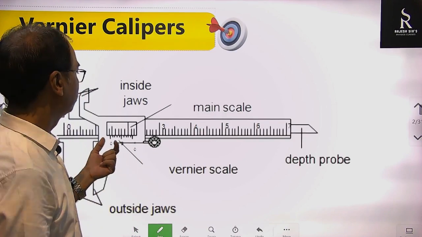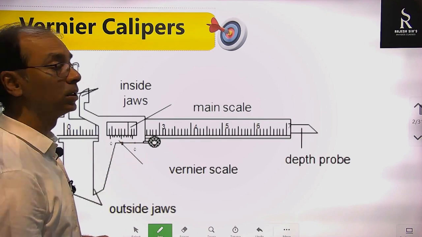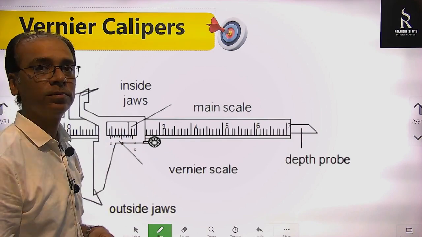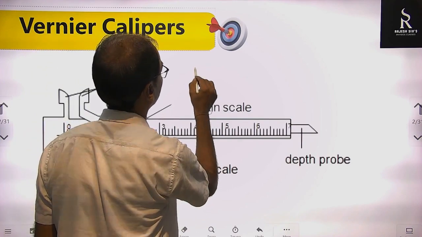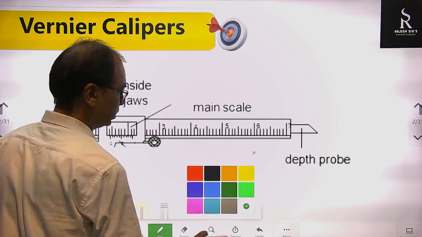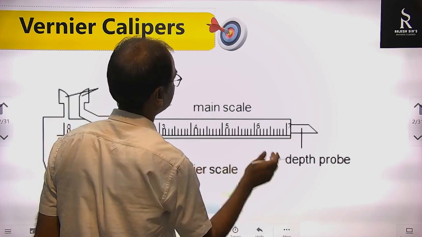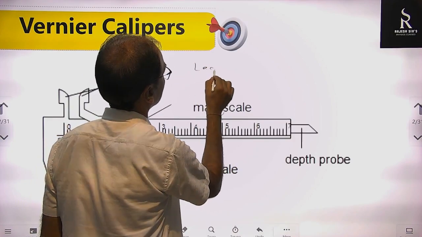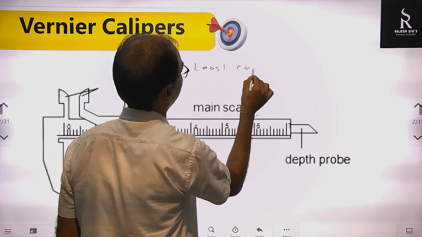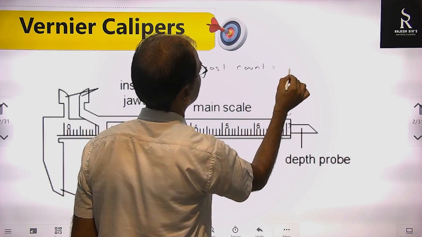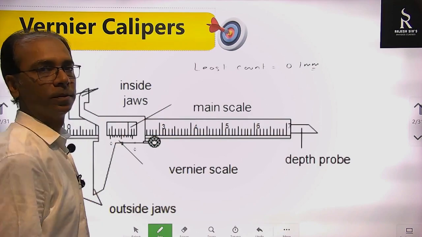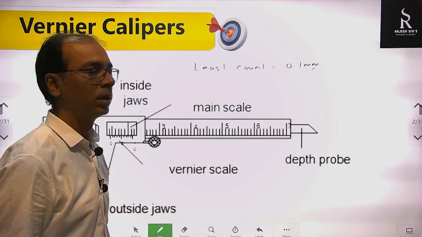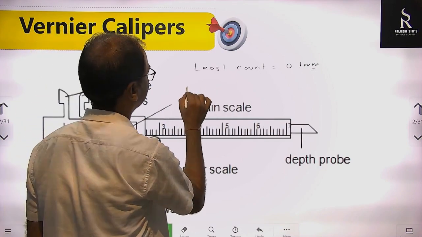So what is the minimum we can measure through this vernier calipers? 0.1 mm, and that 0.1 mm only is the least count also. That is the least count of vernier calipers, 0.1 mm. How does this least count come? Least count is actually